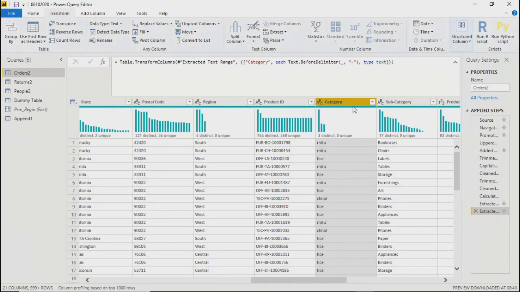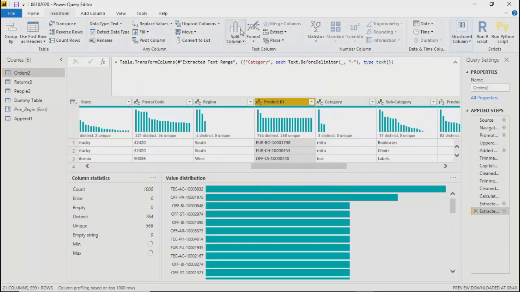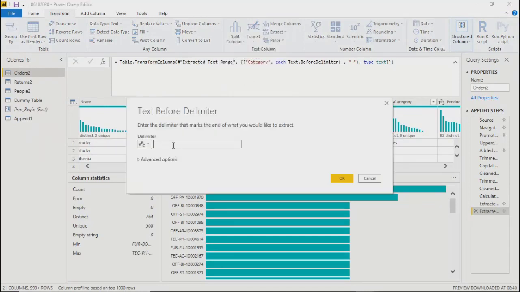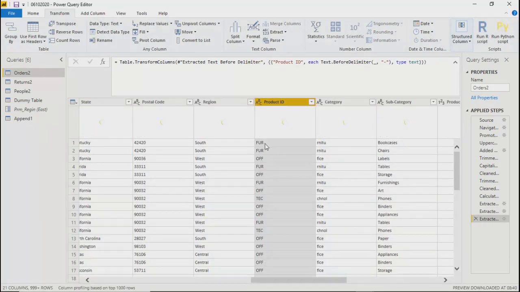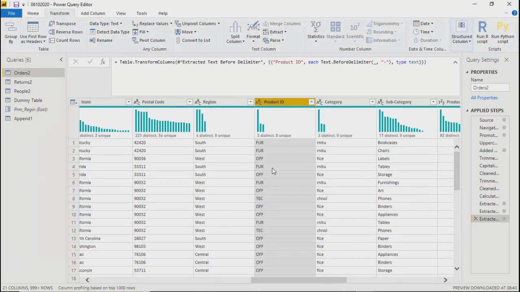Oh, I mean, the category field was selected actually. Let's select this one and do text before delimiter. We'll give hyphen and then OK. So if you see, before the delimiter we had these three characters. It is giving you that only, and the rest of them is gone. Right. The rest of the options you can explore, depending on your requirement only, because these are the simple ones. I don't think you will face any challenges. What do you say?